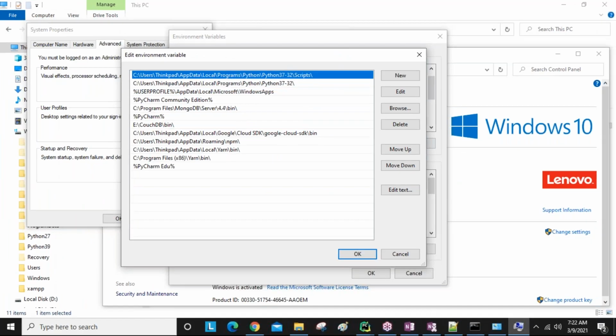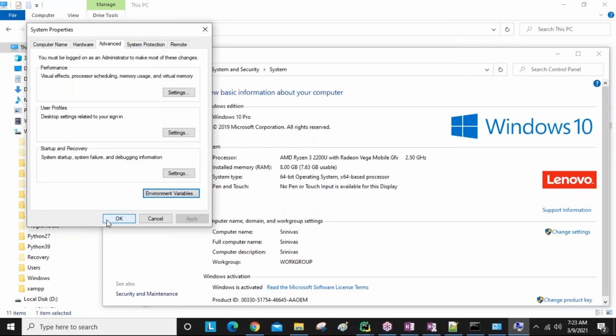Are these two points clear, all of you? Environment variable setup. This is the best coding practice, guys. We need to set all the environment variables. When we are developing big applications, many times we are going to use the command prompt to execute commands or to install third-party modules like that. So remember that one.